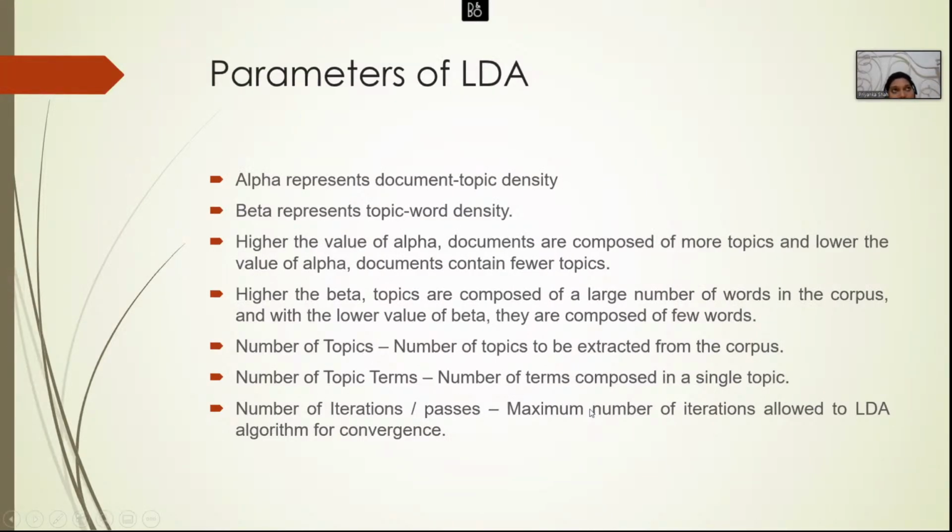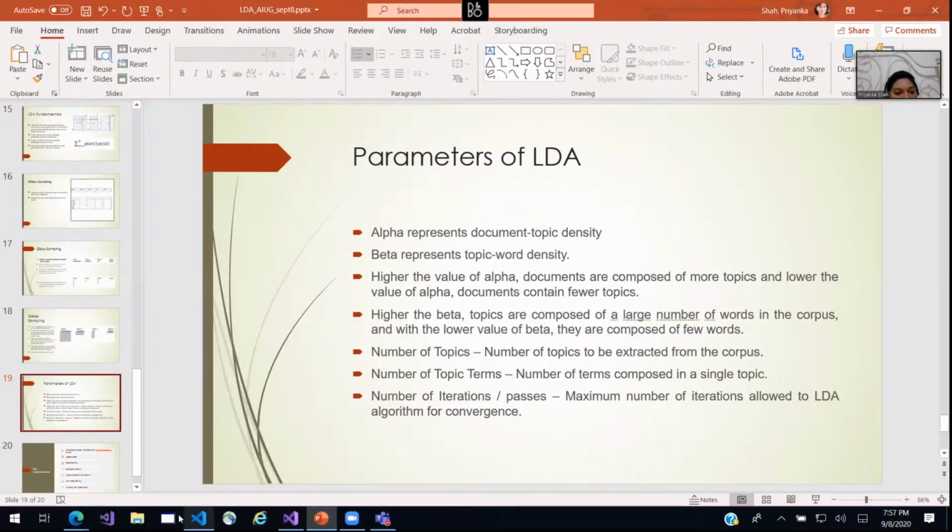So this was how the LDA results were given to us. And whenever you're calling the LDA, you have a GenSim library which has the LDA model method. Then these are the parameters you're going to feed it: alpha, beta, number of topics, number of topic terms, and number of iterations. Again, coming to the number of topics, in our case, what we did was we said